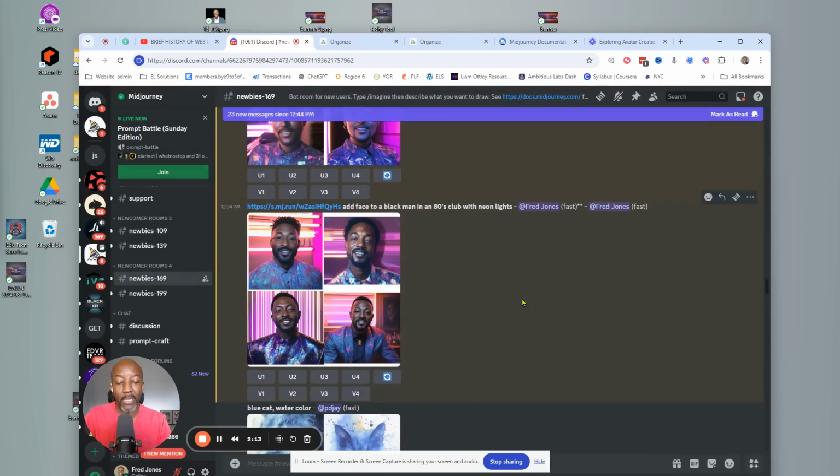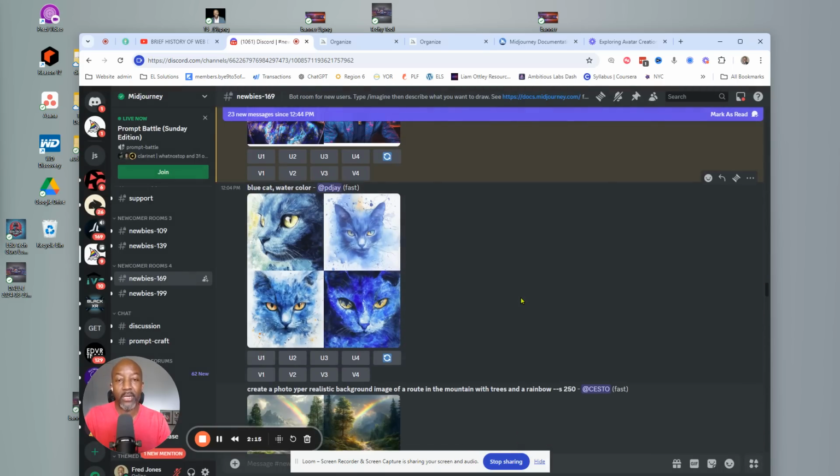So we went back in and played with it again, and we started creating these images. We realized that you could add a parameter at the end of your prompt. With the parameter, it gave you even more leeway to select, because it added more detail. You can select whether you want less detail or more. In other words, from the original photo, do you want more of the original photo and less of what we create, or more of what we create and less of the original photo? You can come up with this variation. Once you start to tweak around with that parameter, I was able to get some really cool stuff.